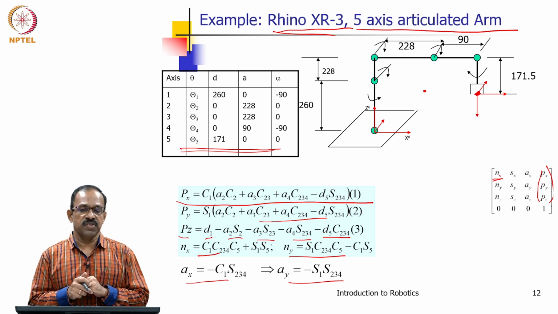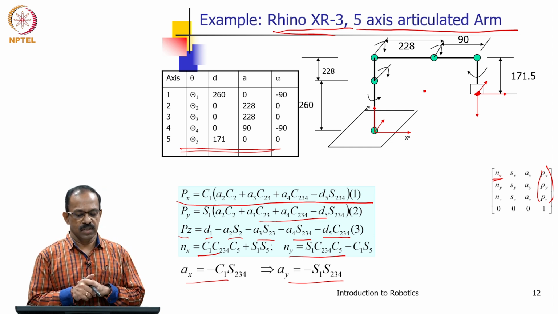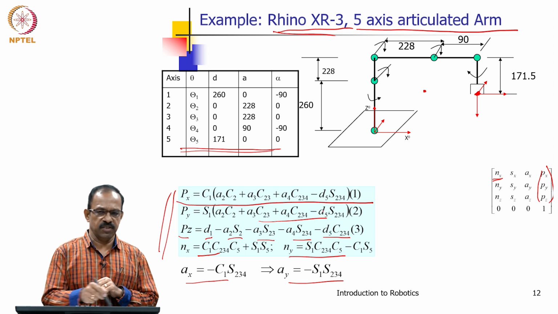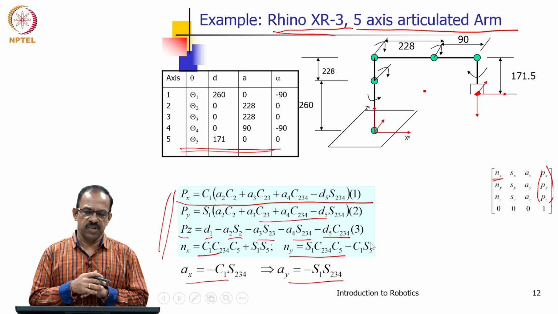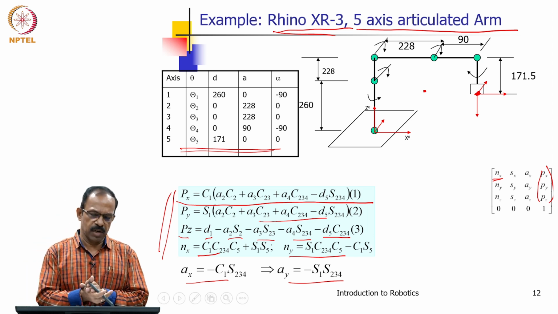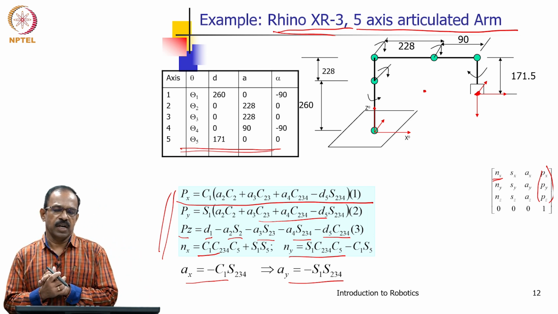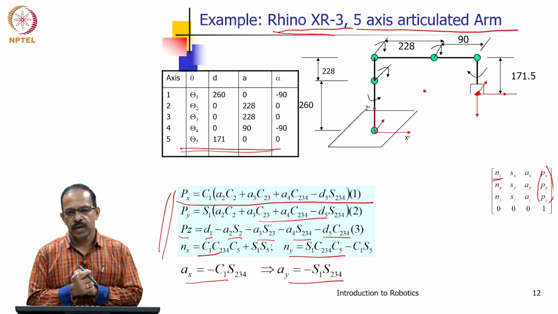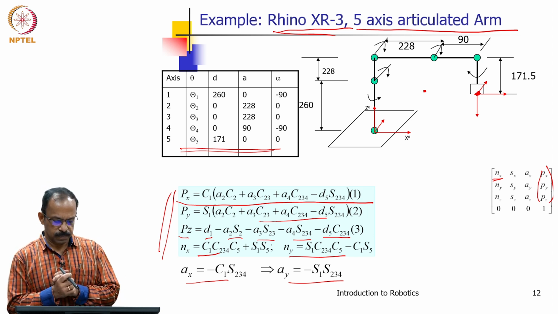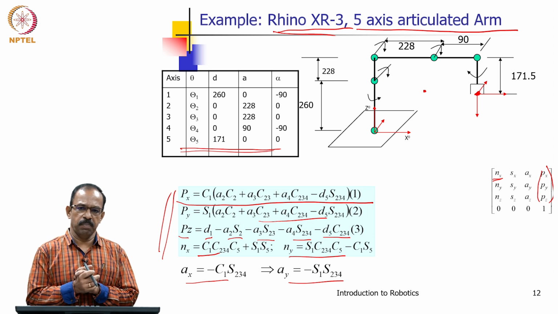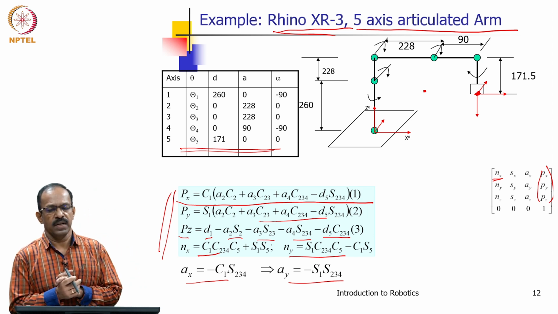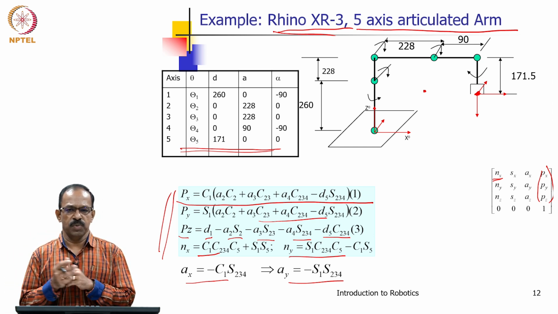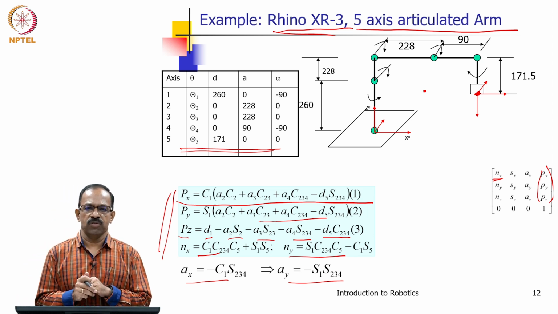The sufficiency condition for closed form solution is the next one to be checked. If the sufficiency condition is not satisfied, then we will not be able to solve it. Okay, this relationship we will get, but if the sufficiency is not satisfied, then you will not be able to solve it using algebraic methods. And how do we check this? The sufficiency condition for a closed form solution is that 3 adjacent joint axes should be parallel, or 3 adjacent joint axes should be intersecting at one point. These are the 2 conditions, and any one condition should be satisfied in order to have a closed form solution.